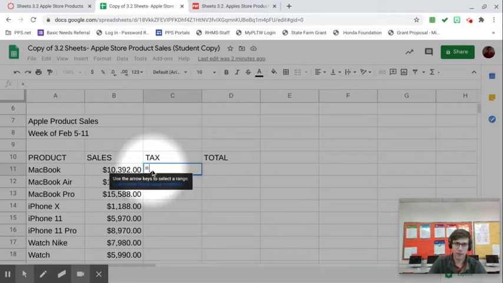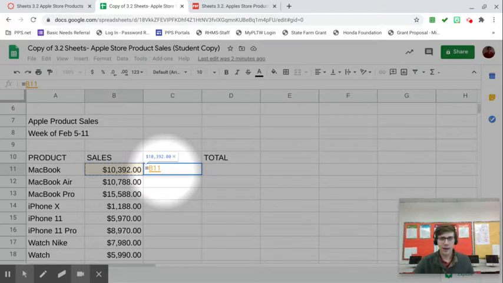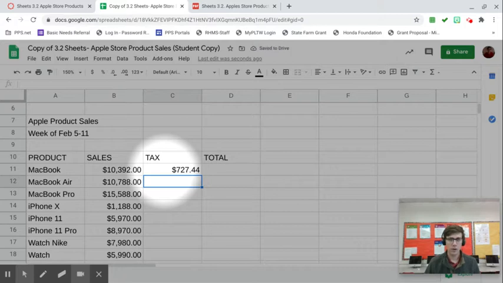So we're going to start with typing in B11, or you can click on the cell B11 and it'll put it in there. And now we're talking about math. We're going to talk about multiplication. Another way to display multiplication is with an asterisk or the star. That is located on your keyboard on the number 8. So if you hold down Shift 8, now we're going to multiply B11 times 7%. The number 7, and then Shift number 5. And when we click the Enter button, we get $700.27 or